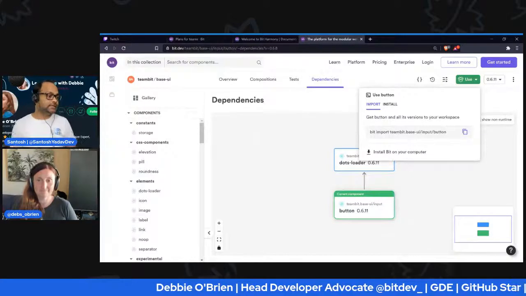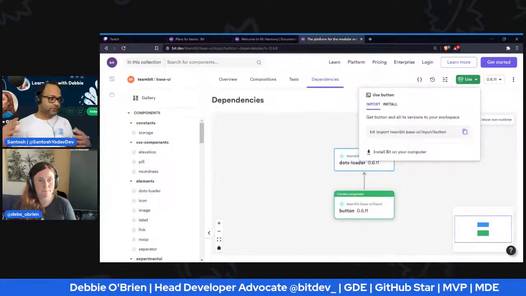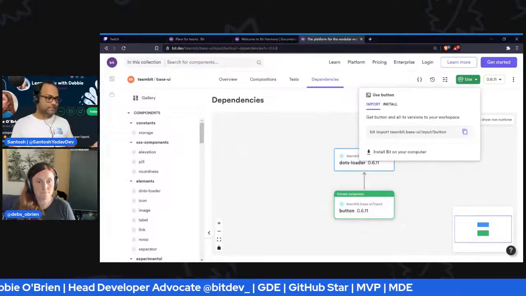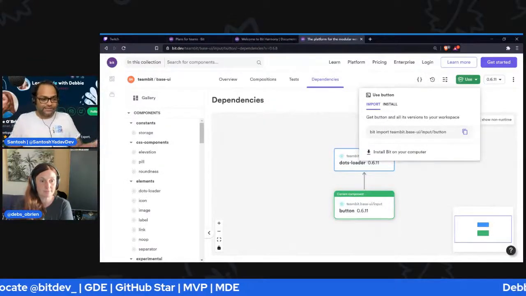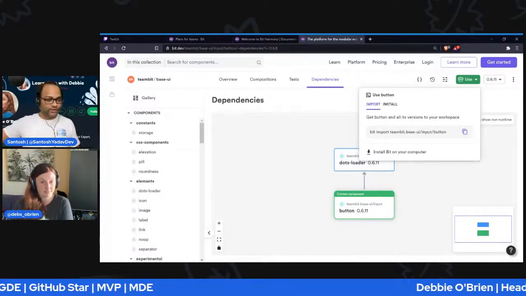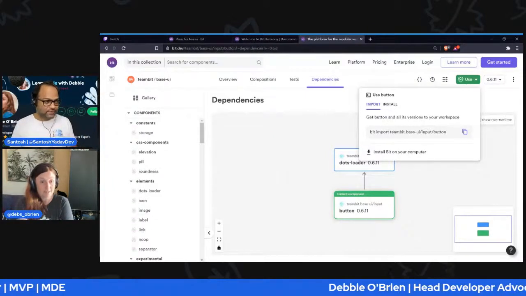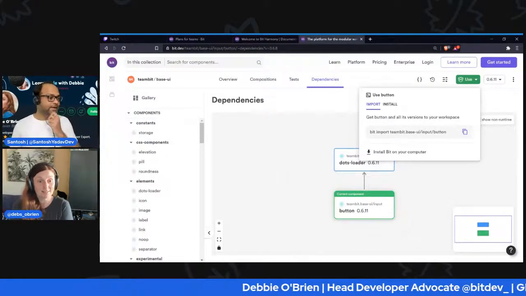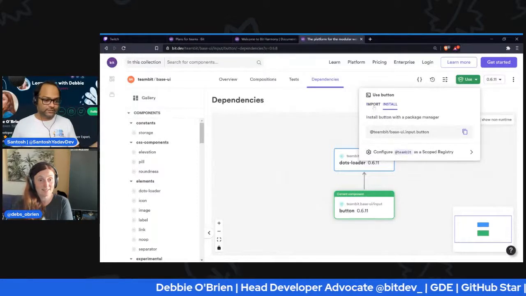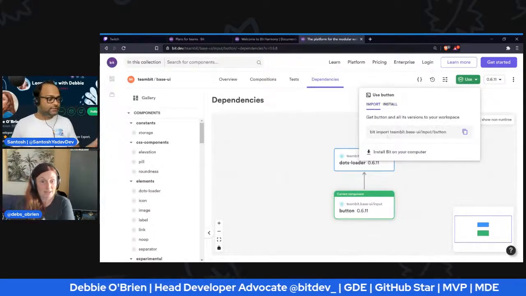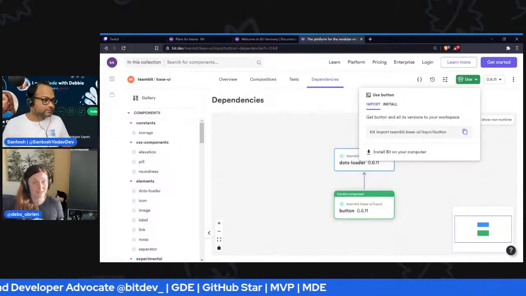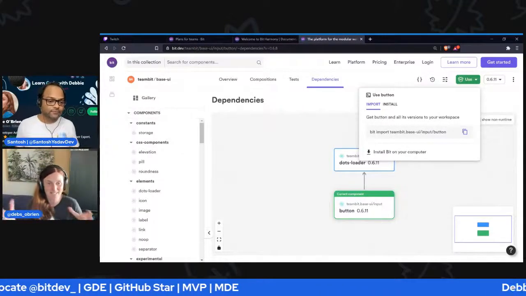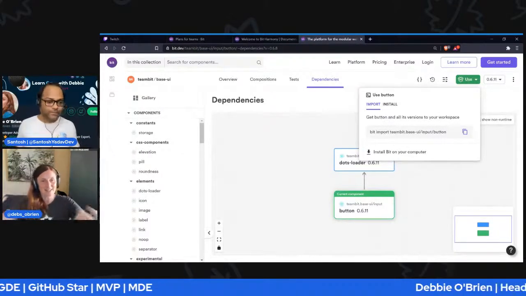Got it. So as an open source developer, what I can do is import something, modify it and create some new version, and export it on probably my package. And then I can ask people to go ahead and install it. Yeah, so you can make your own version of it and make it better and improve it. Or you could make an Angular one of this, right? And when we have Angular support, you could take that component and turn it into an Angular button, right?